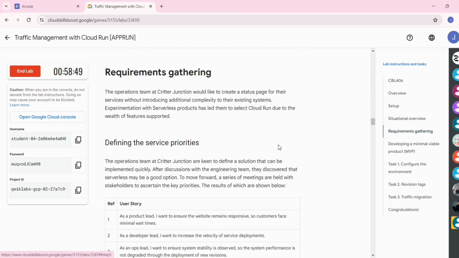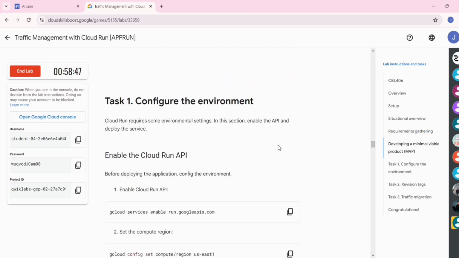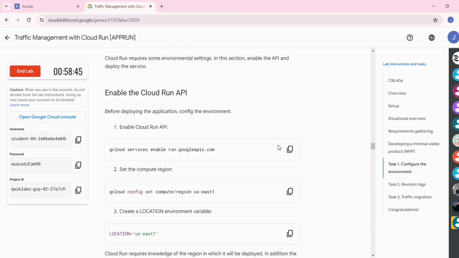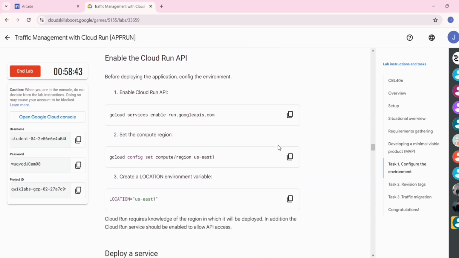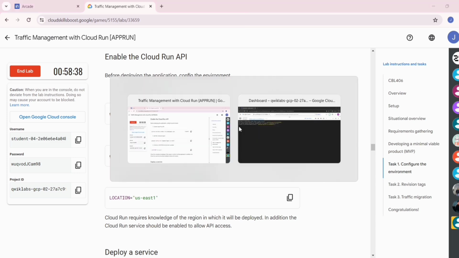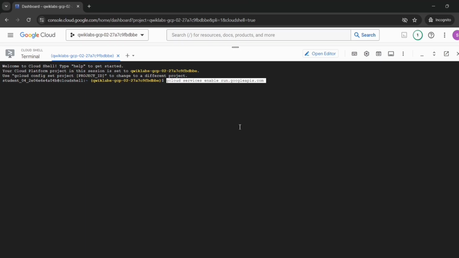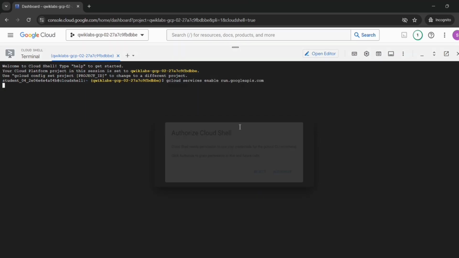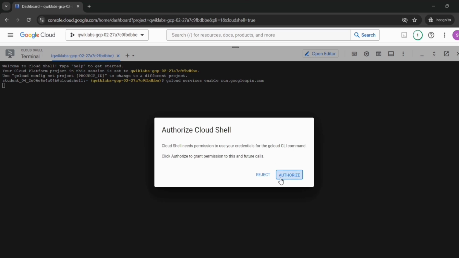Come to Task 1. Now we have to configure the environment. For that we have to enable the Cloud Run API. So just copy the first command, paste it here and press the enter key. Click on authorize.